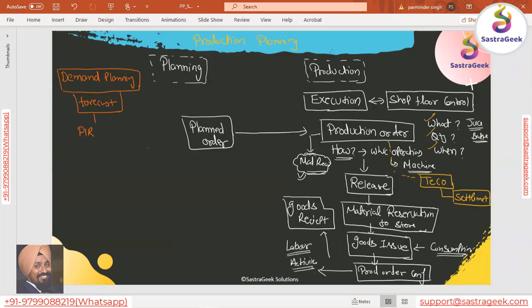Now I'm using some terminology related to SAP also. Okay, you will get used to it. This is called planned independent requirements, PIR.